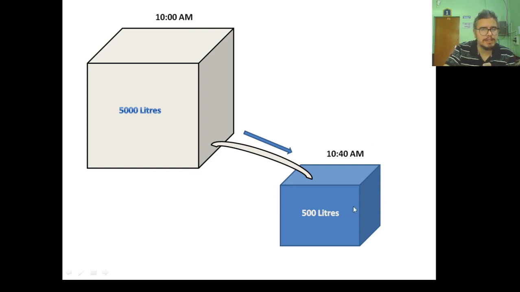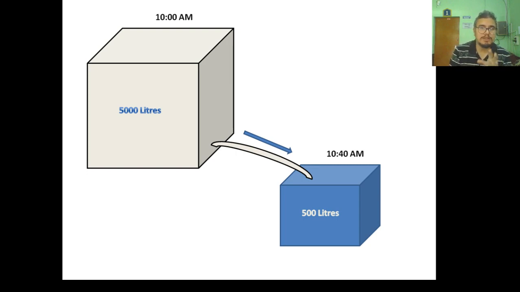And when we ask again at 10:40 a.m., then we say that the storage of water in the smaller tank is 500 liters and the storage of water in the bigger tank will be 5000 minus 500, since 500 liters have been released from the bigger tank to the smaller tank. So 4500 liters of water will be in store at 10:40 a.m. in the bigger tank. This is the example of stock. Stock means at a particular point of time, what quantity of the product is there. In the similar way, when we deal with money supply, we are saying that it is the volume of money held by the public at a particular point of time.